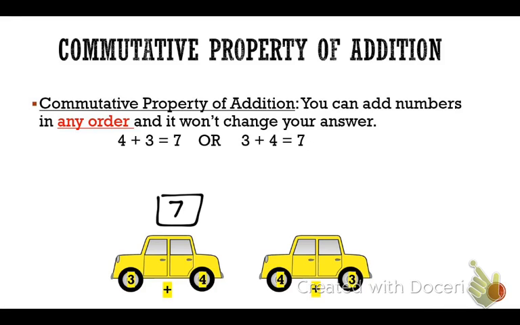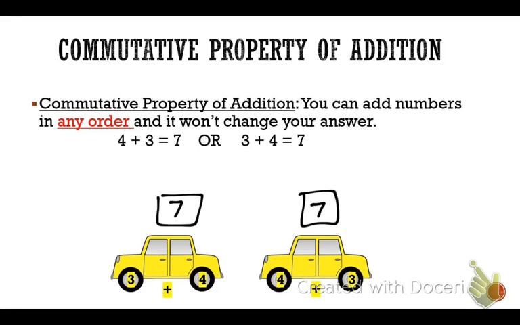They switched, okay? The first order says 3 plus 4. This one is switched, 4 plus 3. What is the answer to 4 plus 3? 7. So what the commutative property of addition says is you can add numbers in any order and it will